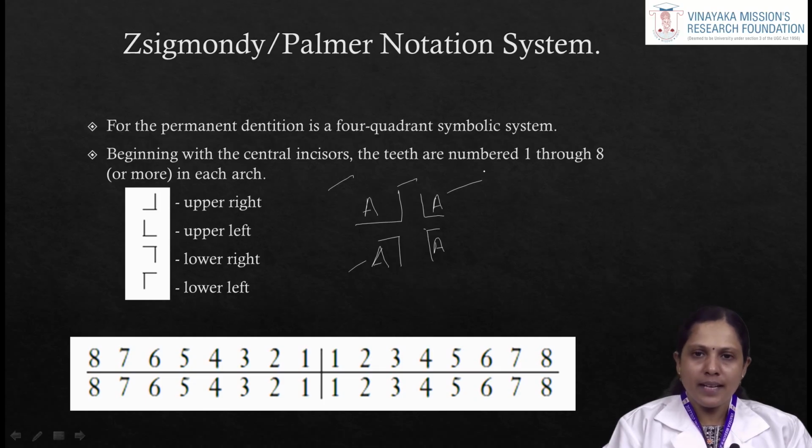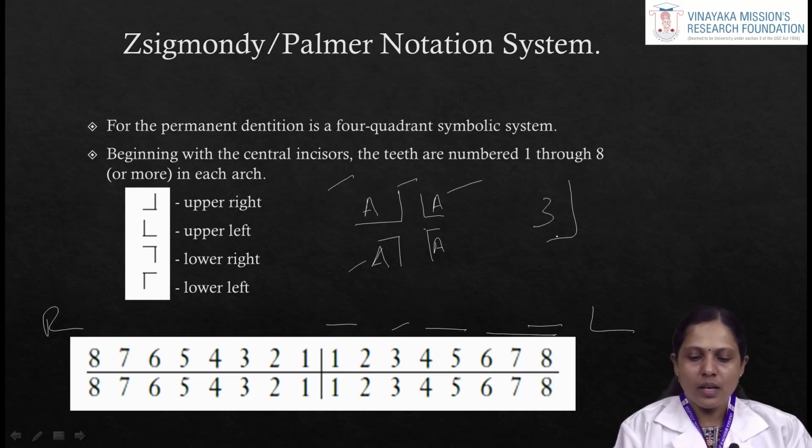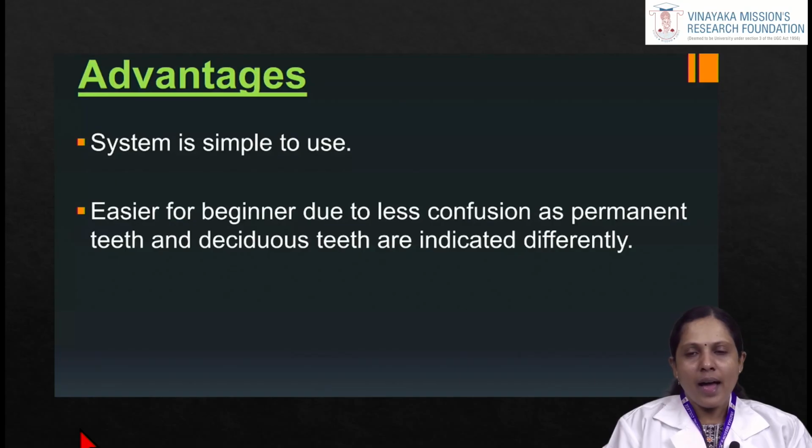Okay, for permanent dentition numbers have been denoted. So 1 to 8 numbers are being given. So 1, 2 represent the incisors, 3 represents canine, 4, 5 represent the premolars, 6, 7, 8 represent the molars. So this is the right side and this is the left side. Okay, so if we represent it as 3, it denotes right maxillary canine. Okay, so this is about Zsigmondy-Palmer,